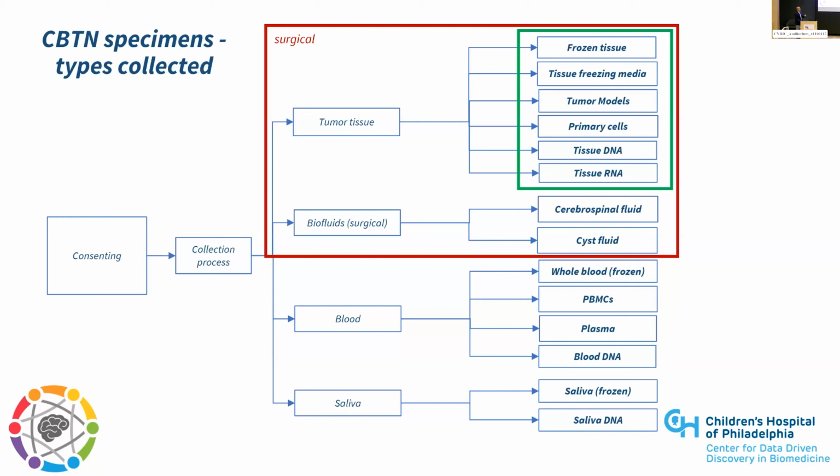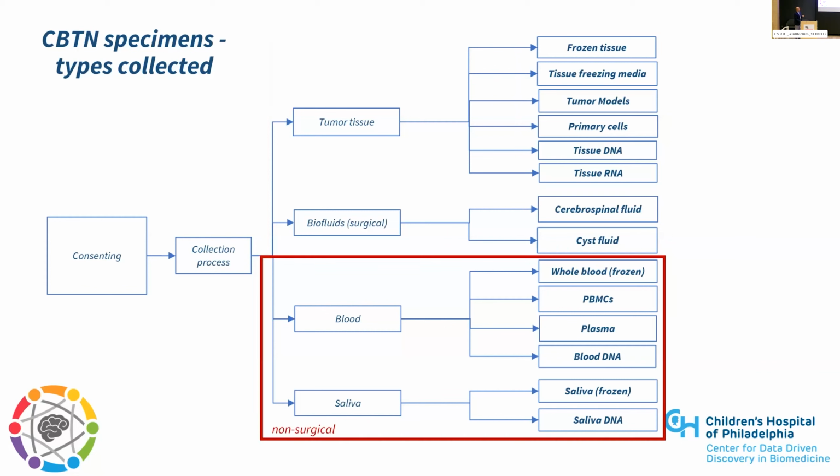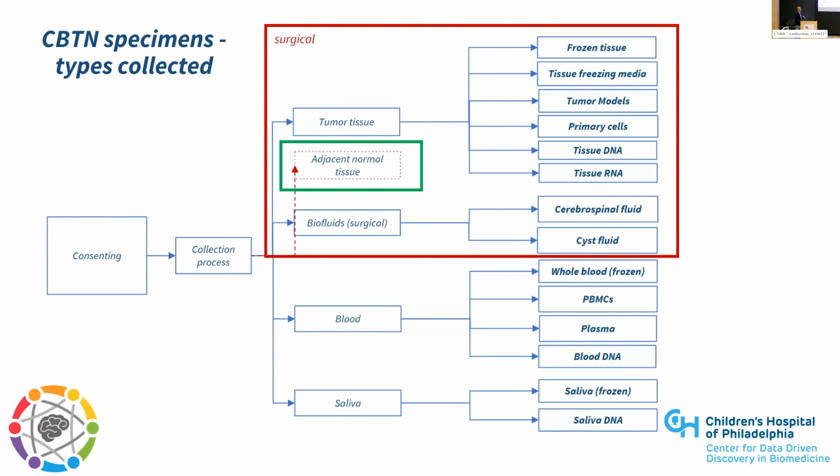We also have surgical biofluids, which include cerebrospinal fluid and cyst fluid. We have also pellets from CSF, which I'm going to talk briefly about later. And on the non-surgical side, we collect blood and saliva and all the derivatives coming from that. One additional specimen which I want to mention here is actually the adjacent normal tissue possibility,